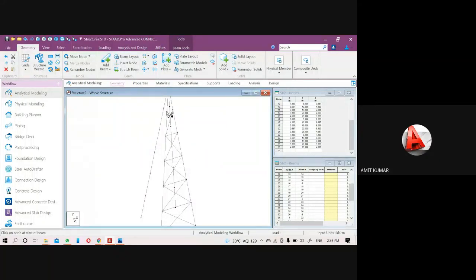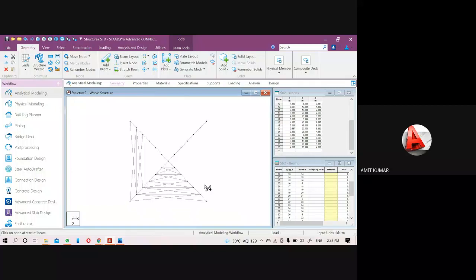Okay, so that's why just arrange this view in the top view. In the top view we can draw it very easily. Just see, I'm going to arrange it in the top or bottom view. So I will arrange it in the top view here. Now you can see, in the top view, just add the diagonal beams like this. So first let me create a straight beam here.